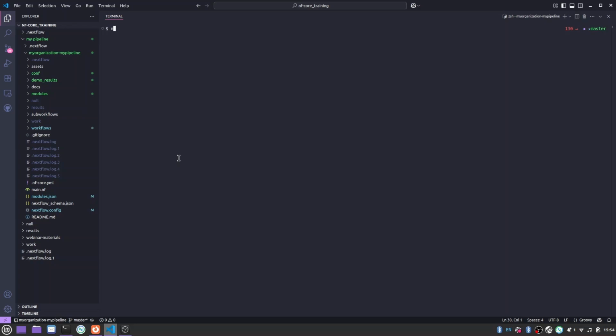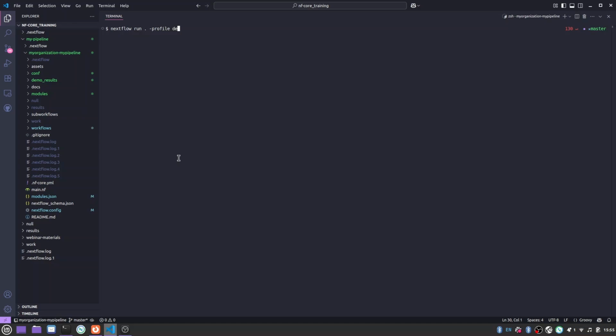So I've gone ahead and cleared my terminal and closed files to decrease clutter, but let's go ahead and run the pipeline now that we've added Shovill to it. So to do this, we're going to use the same command we used previously, where we do nextflow run, and then period because we're in the directory of the pipeline. I didn't mention this before, but I should mention it now. You could also do main.nf or ./main.nf to run the pipeline, since you're in the directory where the main.nf script is, but I always just use period because it saves time, and Nextflow will look for the main.nf file in that directory for the pipeline you are running. Next, we need to do -profile,